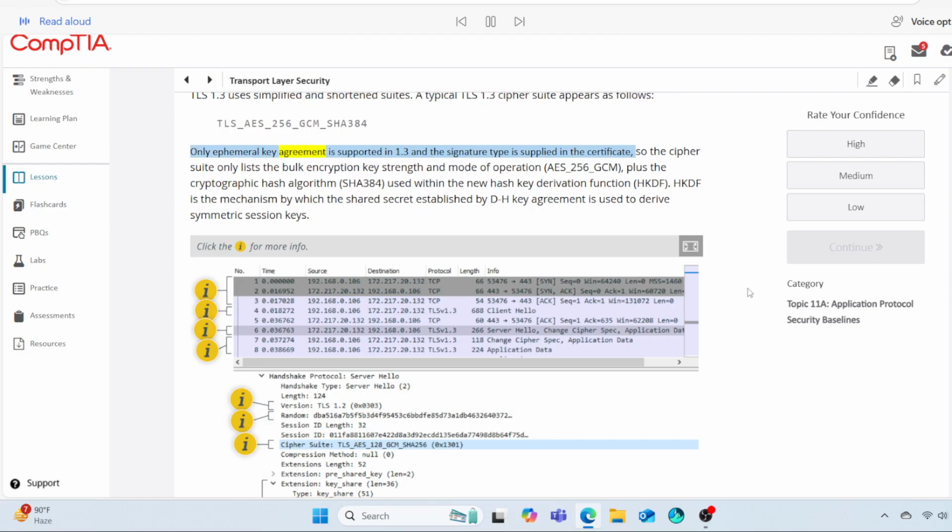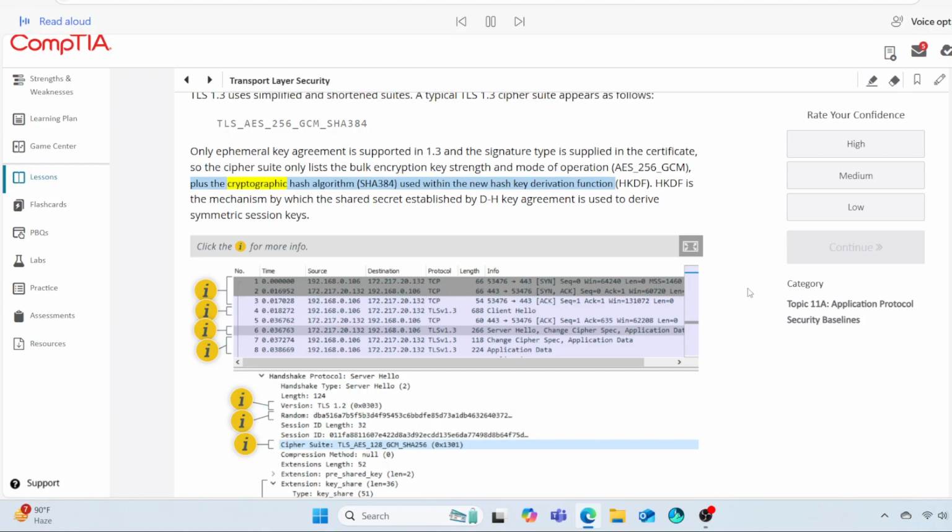Only ephemeral key agreement is supported in 1.3 and the signature type is supplied in the certificate, so the cipher suite only lists the bulk encryption key strength and mode of operation, AES_256_GCM, plus the cryptographic hash algorithm, SHA 384, used within the new hash key derivation function, HKDF. HKDF is the mechanism by which the shared secret established by DH key agreement is used to derive symmetric session